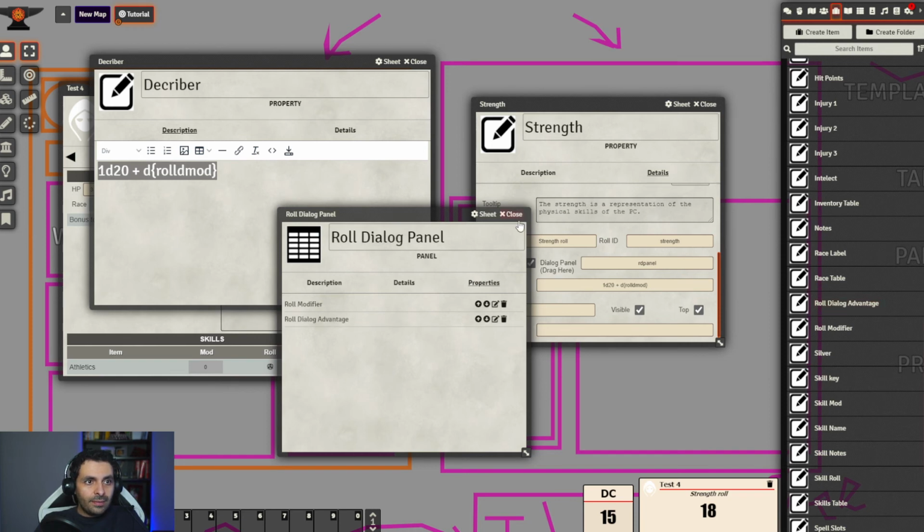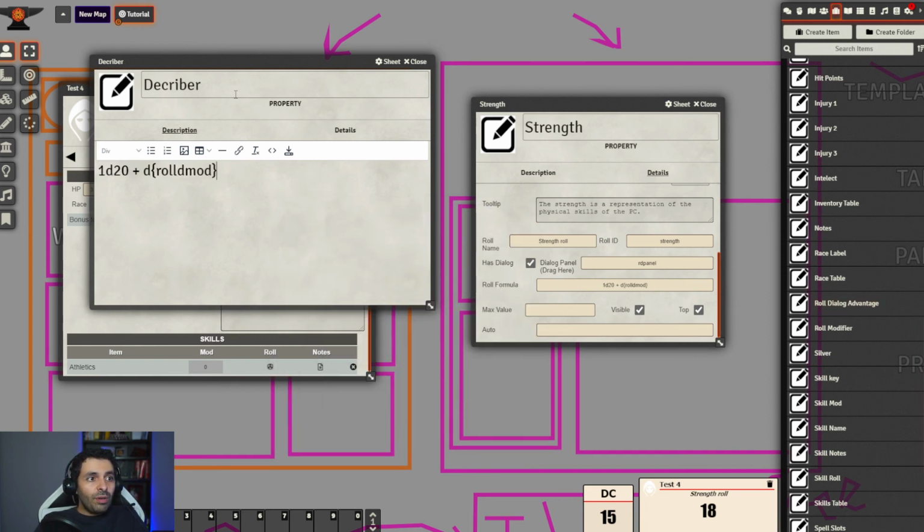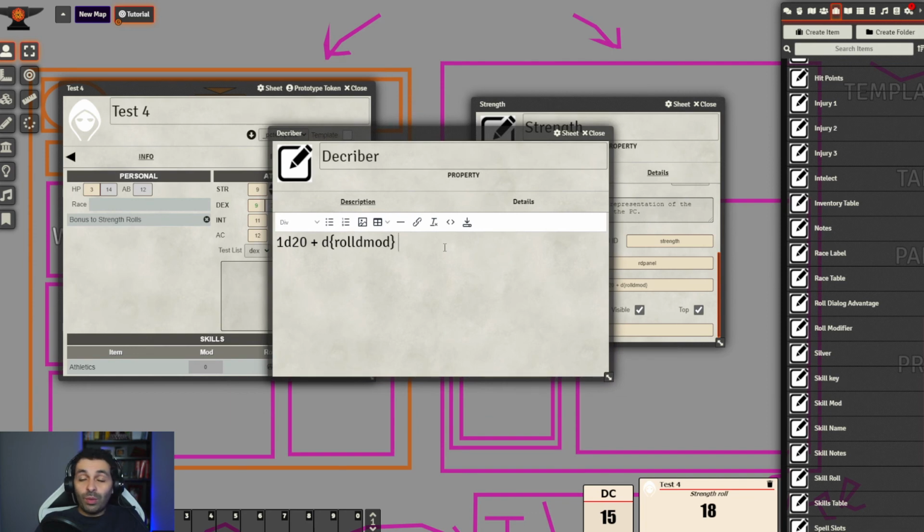There it is. And my new roll expression is going to do the following. Remember, like I said at the beginning, that this expression gives me the advantage, okay? But it is only going to give it to me if that checkbox is checked. How can I do that then? I'm going to use the if expression, and I'm going to say that if the property of the dialog panel RDADV is equal to true,